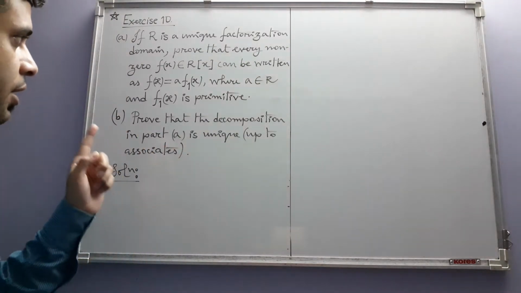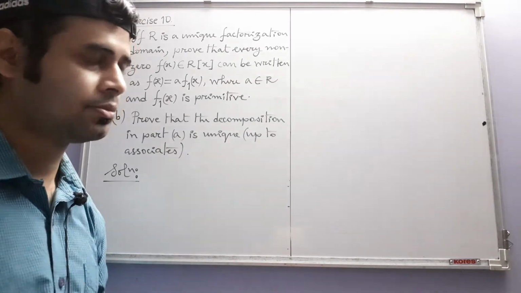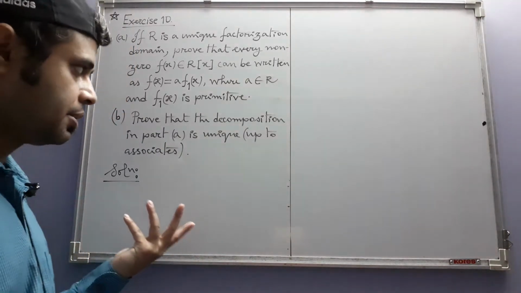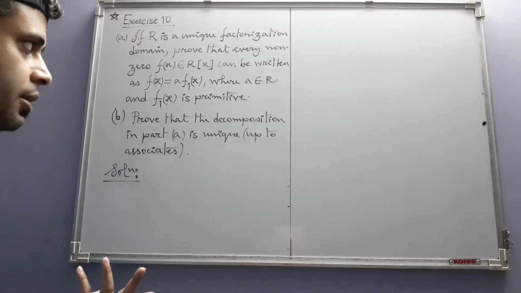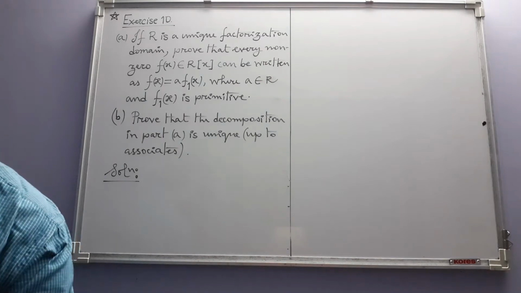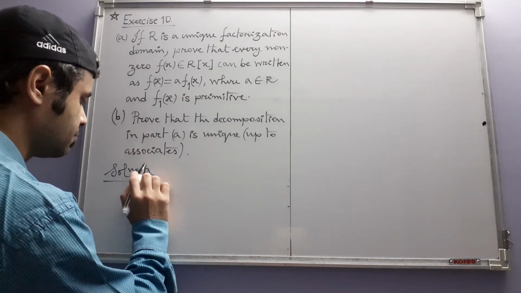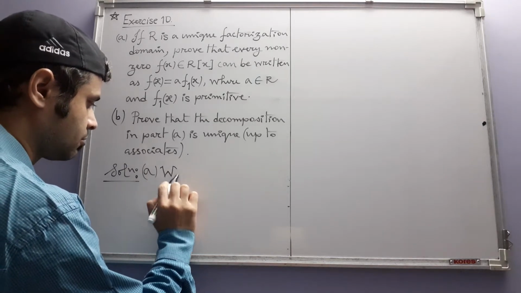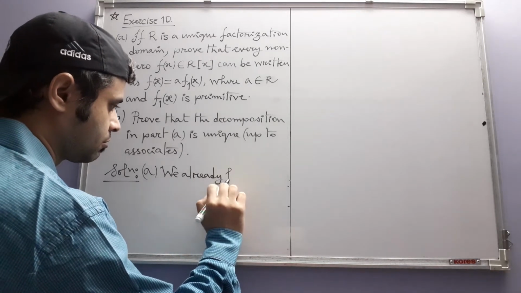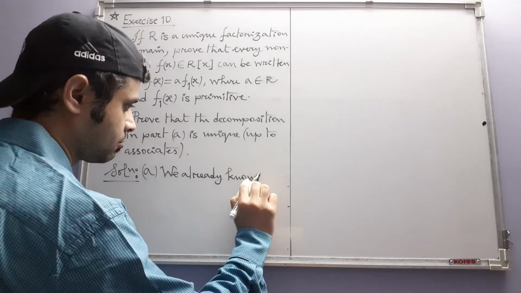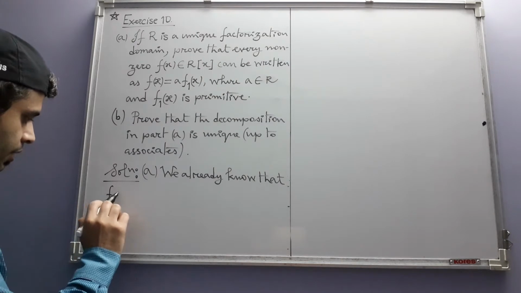And in the second part we have to prove that such a decomposition is unique up to associates. And this is one thing we have already, this fact we have already used in one of the proofs in the text. So let's see the solution, which we start with something we already know. We already know that